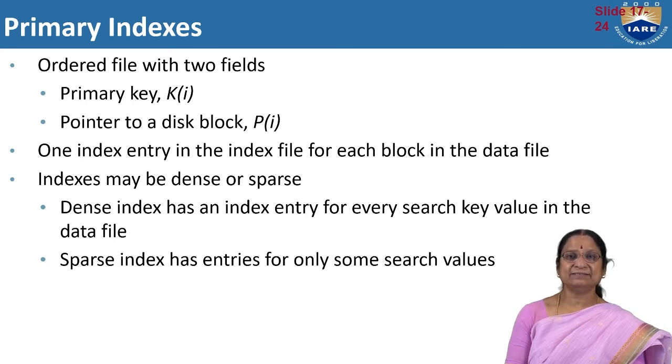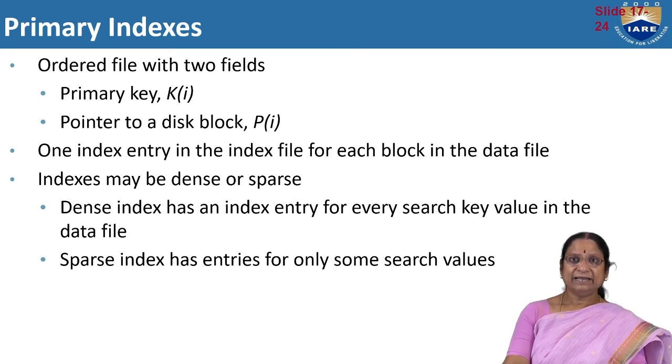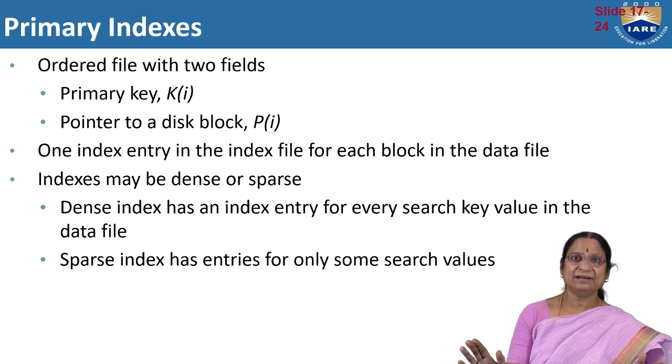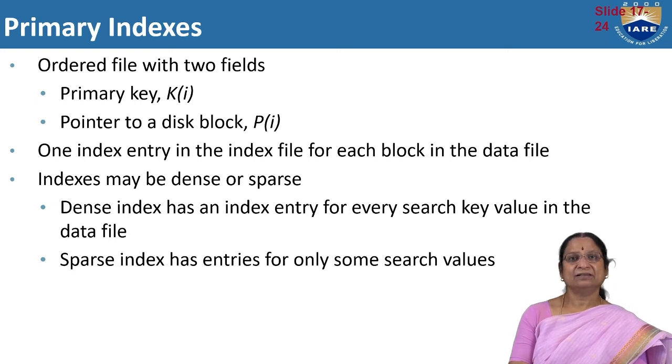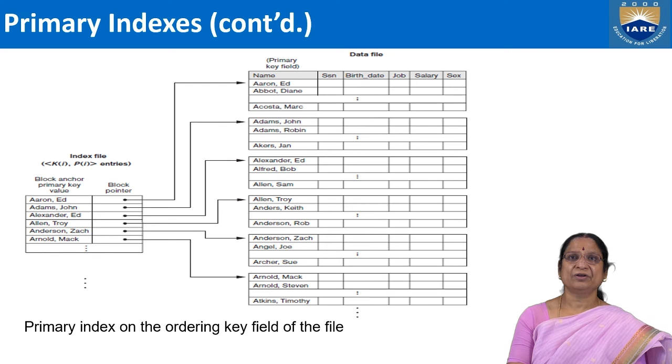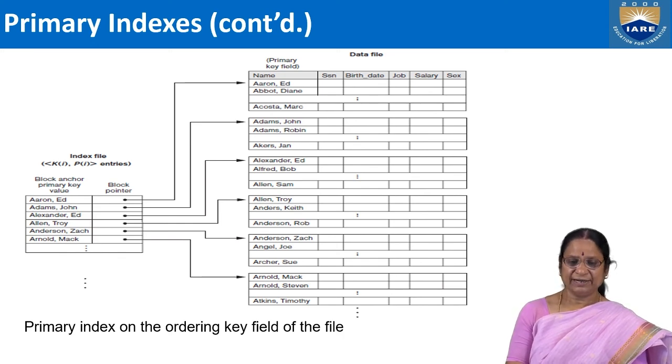Indexes may be dense or sparse. Dense indexing means there is an index entry for every search key. That is, if 100 records are there, 100 search keys will be there in our index file. Then it is dense indexing. Sparse index means our index file doesn't consist of all records. It will consist of only a few records, so that in between, a group of records are going to be searched. So for example, here in the primary index,